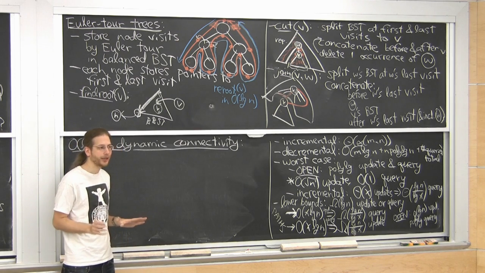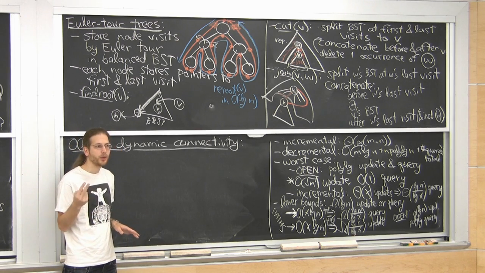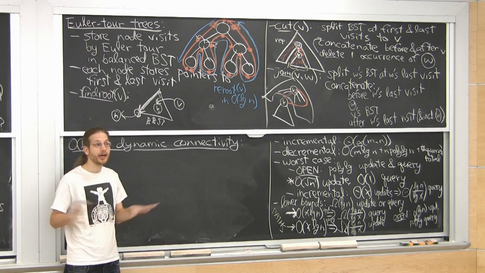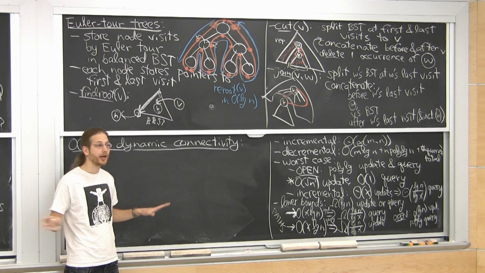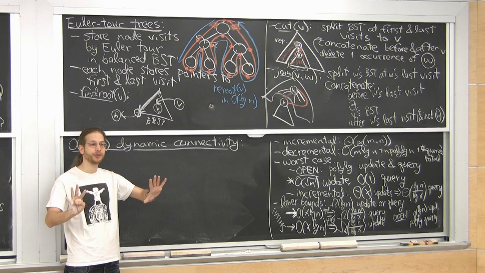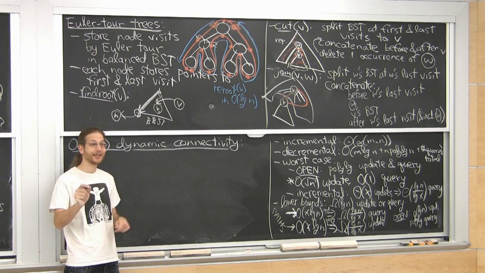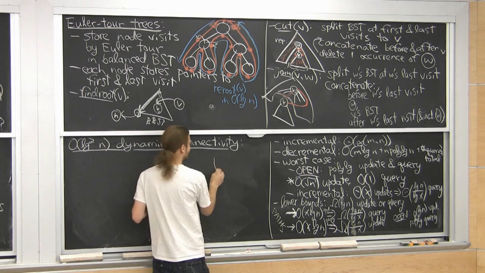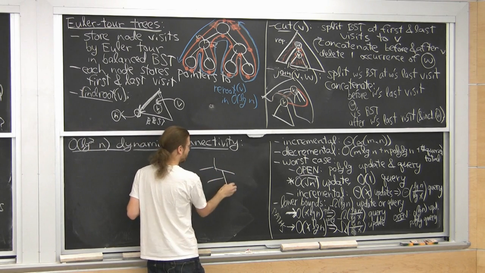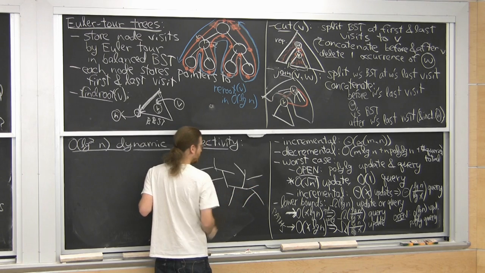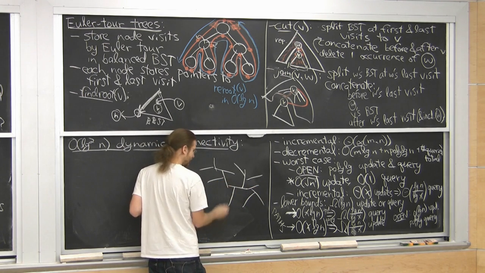OK, so everything looks great. I can do connectivity. I can do insertion. What about deletion? If I delete an edge that is not in my spanning forest, I'm happy. I have exactly the same connectivity as before, as proved by the spanning forest. The trouble is when I delete an edge that's in the spanning forest. Then it's like, maybe. So here's a spanning tree, whatever. And now let's say I delete this edge here.